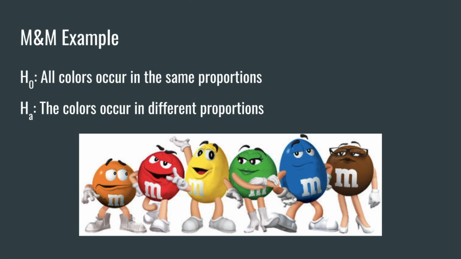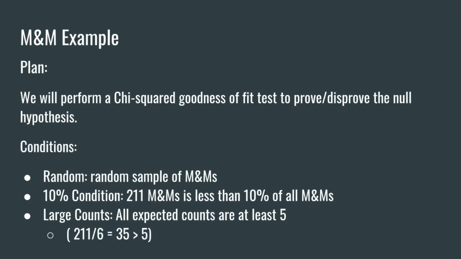So here we're going to see the hypotheses for the M&M example. Our null hypothesis is going to be that all 6 colors of M&Ms occur in the same proportions, and our alternative hypothesis is that the colors do not occur in the same proportion. Now for the plan portion of the example, we will be performing a chi-squared goodness of fit test to prove or disprove